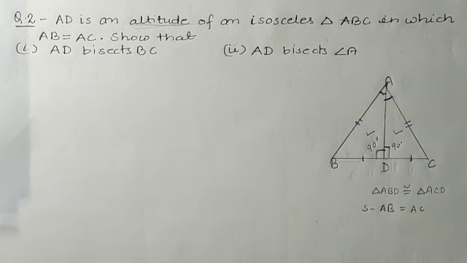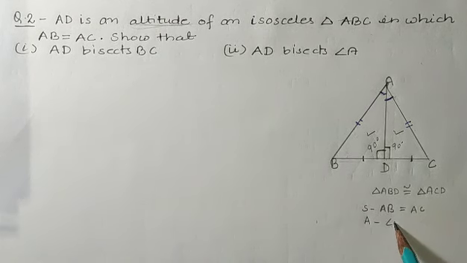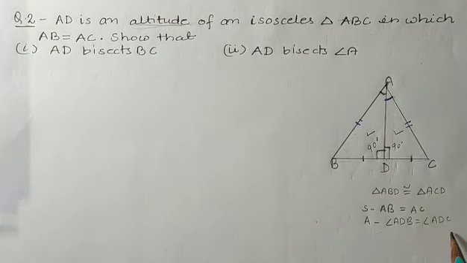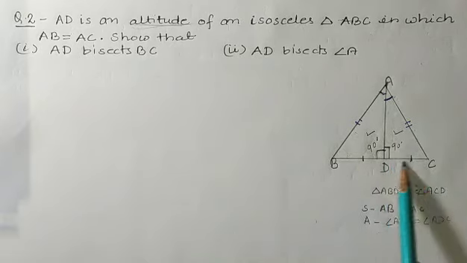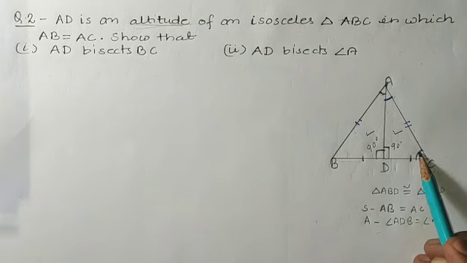Okay, so this angle also we are having that it is equal. So we are having that one angle, that is angle ADB, is equal to angle ADC. Okay, one angle from here. And also students, if the whole triangle ABC is an isosceles triangle, then we can say that the angles opposite to equal sides are equal.